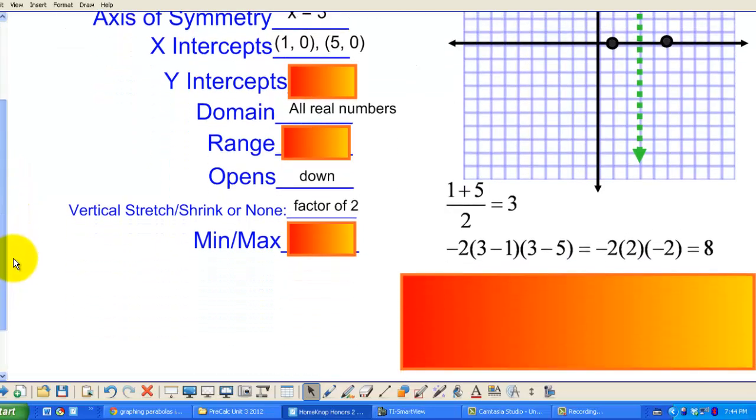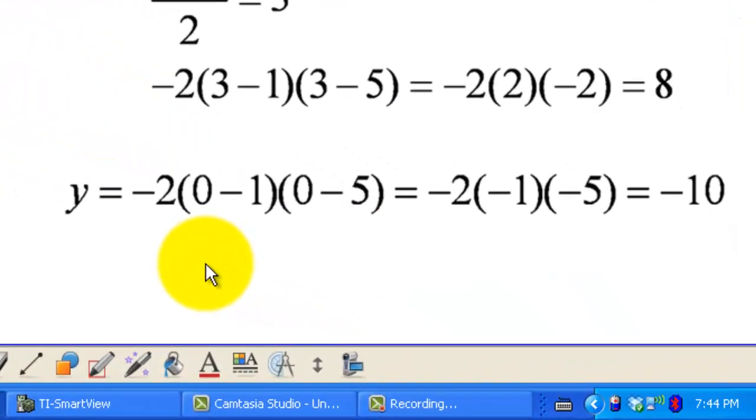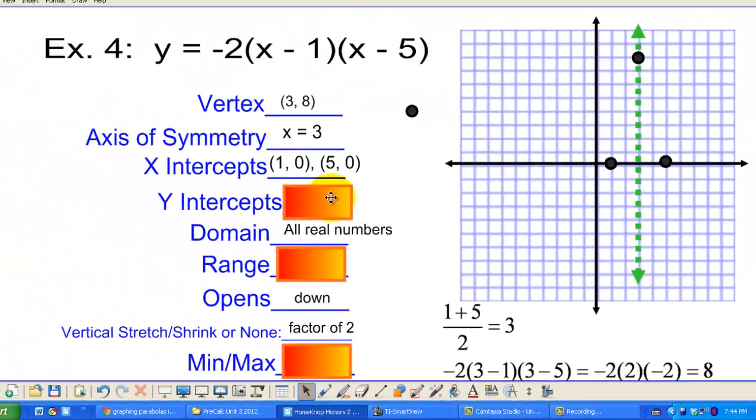Next, let's find the y-intercept. I get the y-intercept by substituting in 0 for x. So I get negative 2 times 0 minus 1 times 0 minus 5, which is negative 2 times negative 1 times negative 5, which yields negative 10. So if I plot 0, negative 10, I can also plot its mirror image on the other side of the